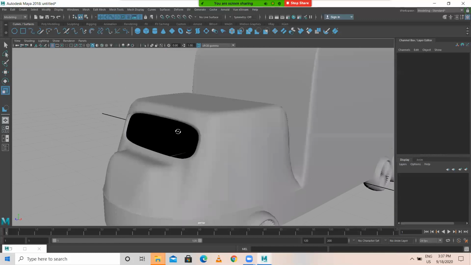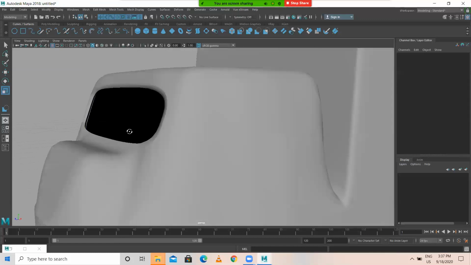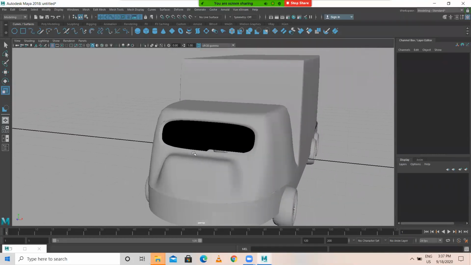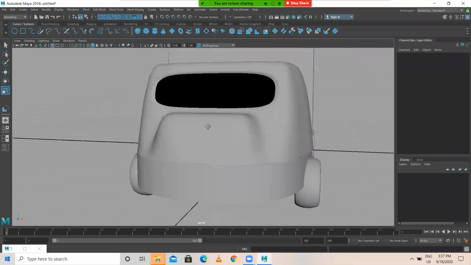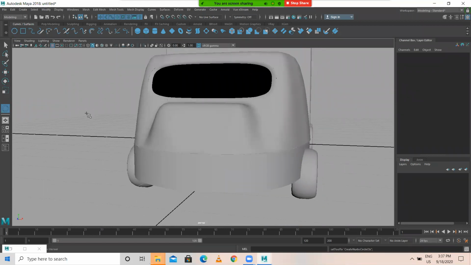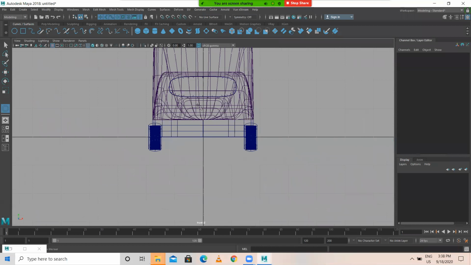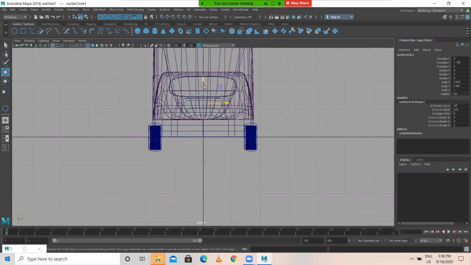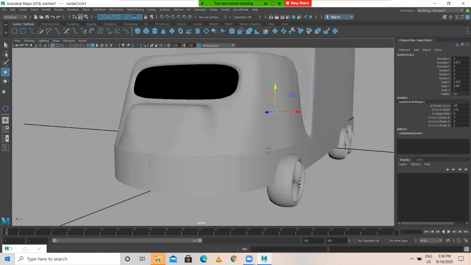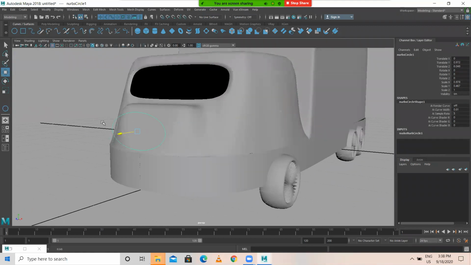Okay. I'm gonna create one more curve. This is for the mouth part. Over here.